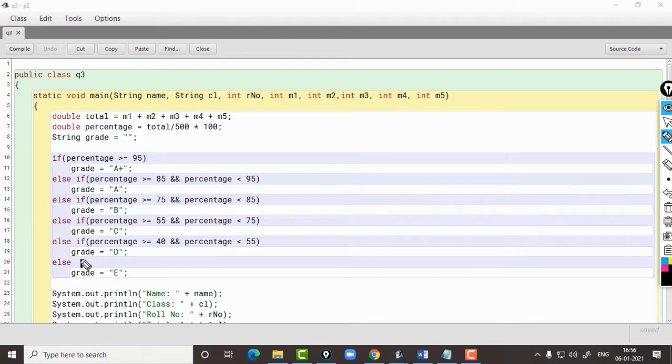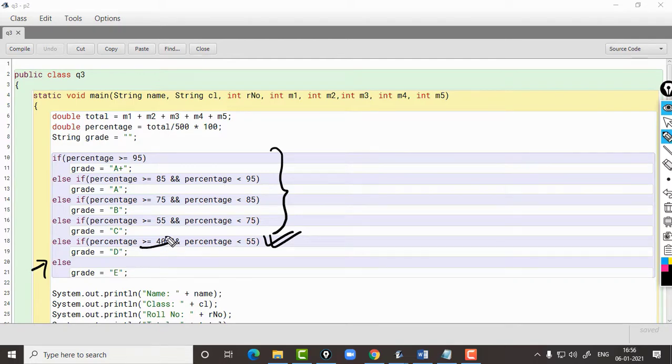And if you notice, I haven't written a condition here if percentage is less than 40. Okay. So, why is that? Because that is very obvious. Okay. Control will come to this line when all the above conditions fail. Okay. And when will the condition fail? Let us look at the immediate condition.